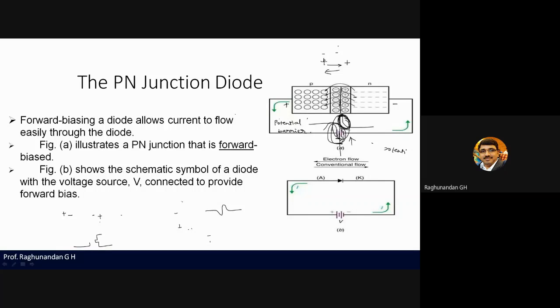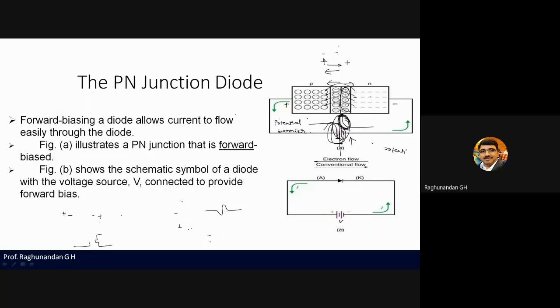This is the actual junction. So that junction has expanded on either side of the P layer and N layer. This is actually the N layer, this is actually the P layer, but the depletion layer has increased. So now this part of the depletion layer will be acting as an opposition to the holes moving towards